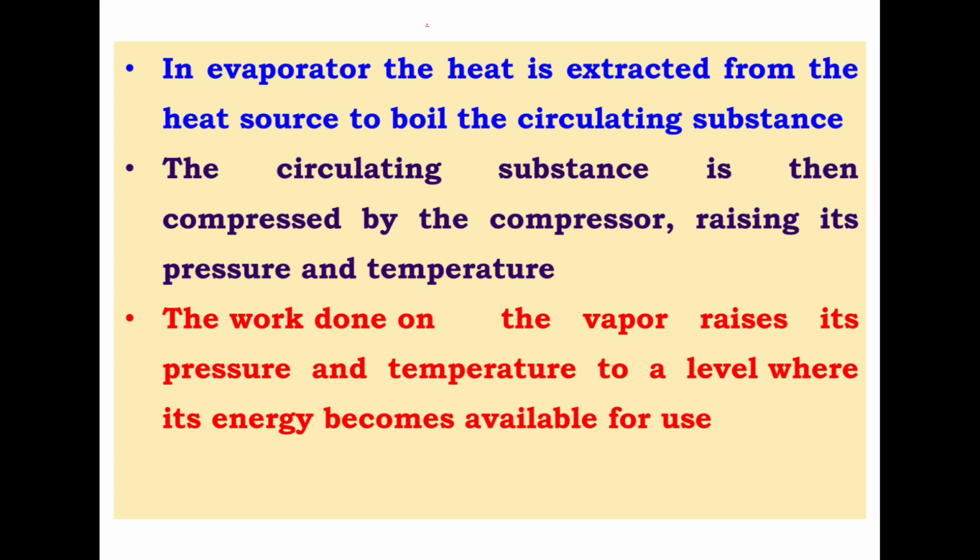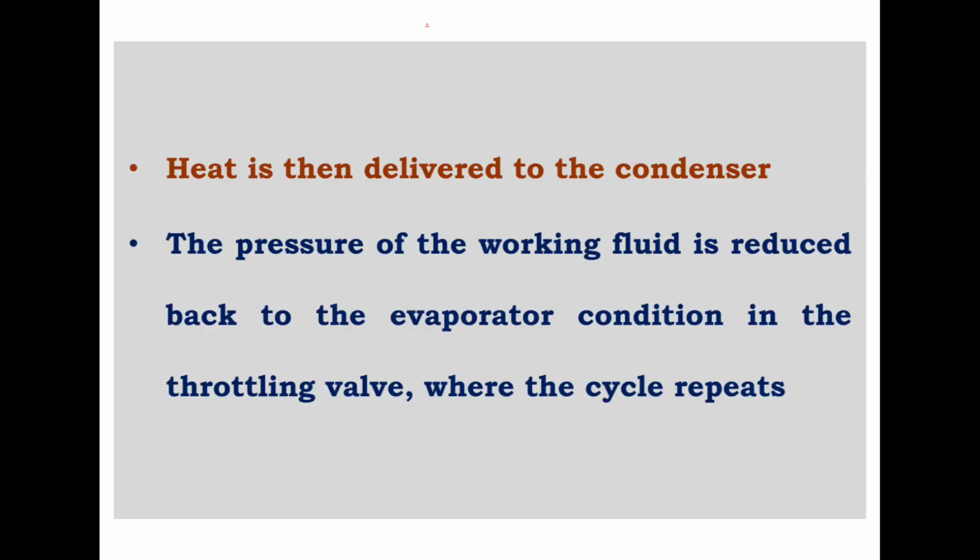The work done on the vapor raises its pressure and temperature to a level where its energy becomes available for use. Heat is then delivered to the condenser. The pressure of the working fluid is reduced back to the evaporator condition in the throttling valve, where the cycle